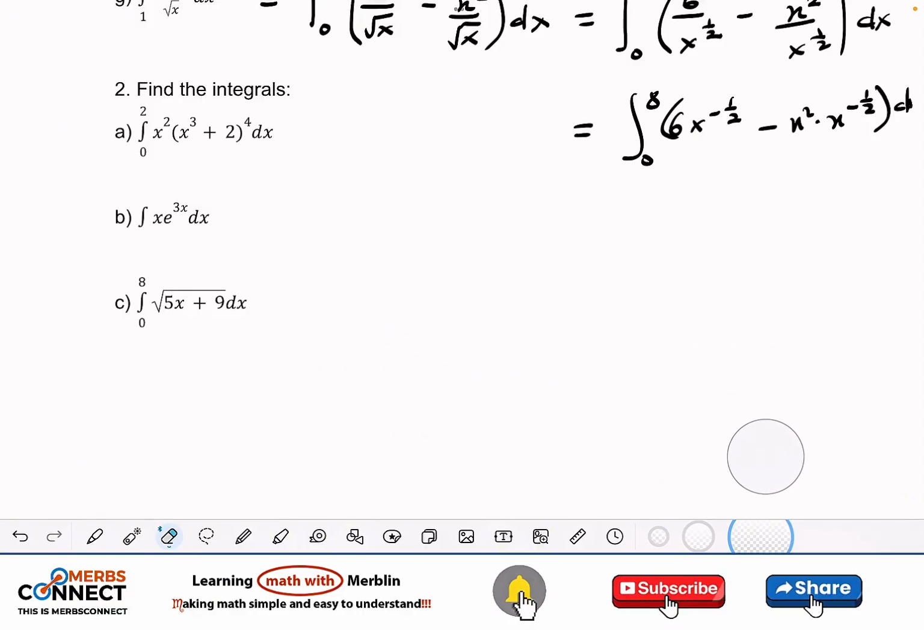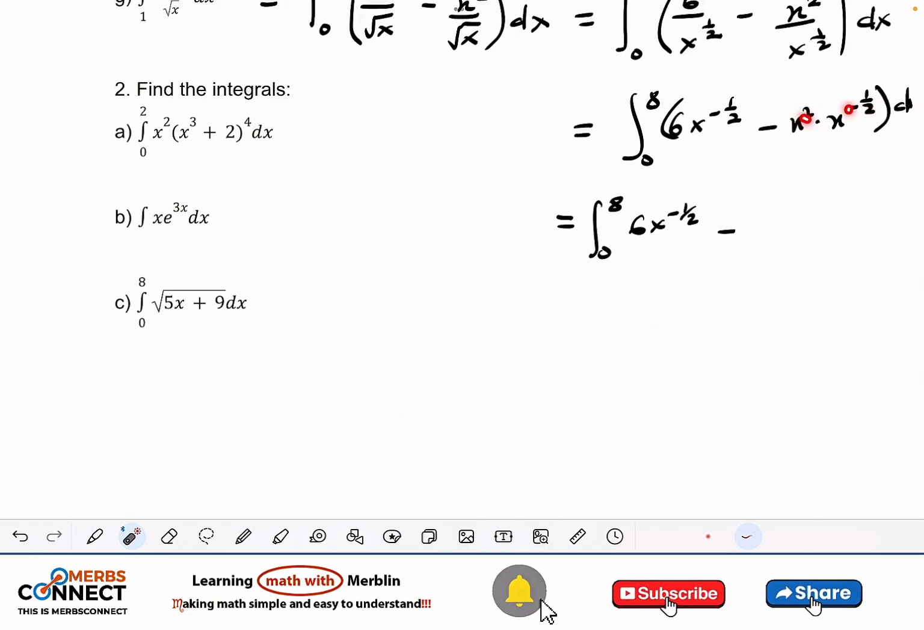So what I can do again is I can say that this is the same as the integration from 0 to 8 of 6 minus a half, minus. Then this one I use indices. Since the bases are the same, I add the tops. So I'm going to add 2 to minus half. So I'm going to have 2 minus half,